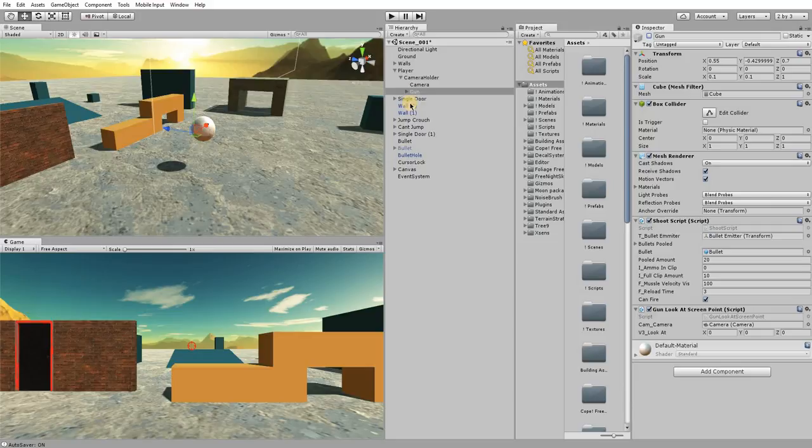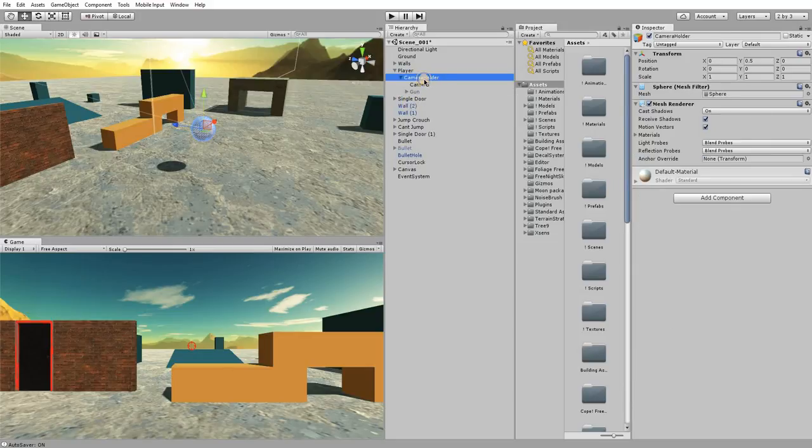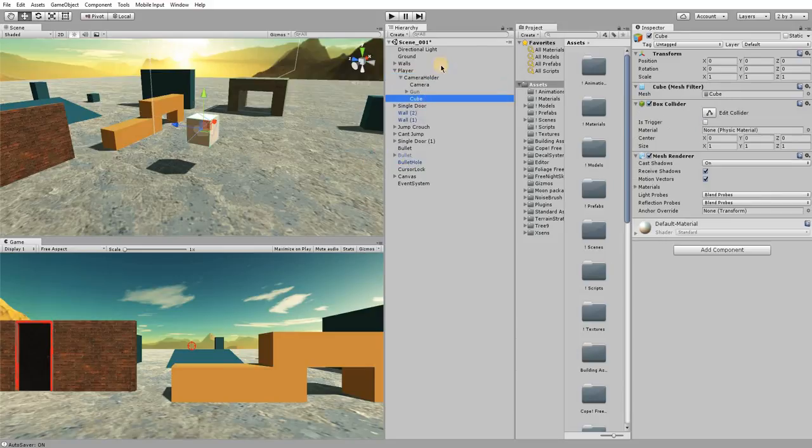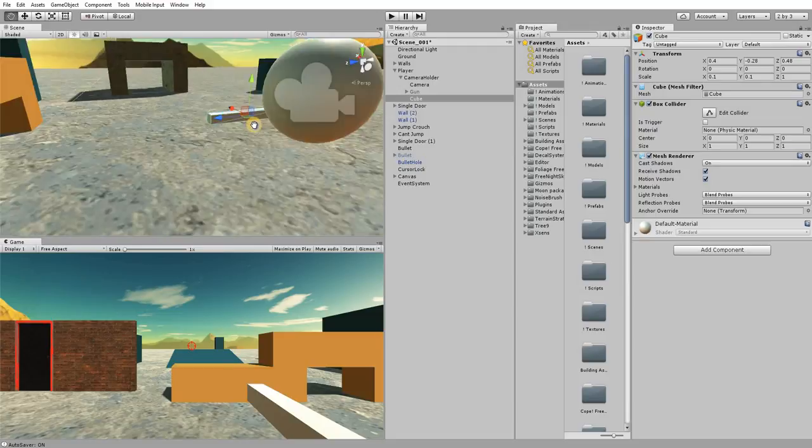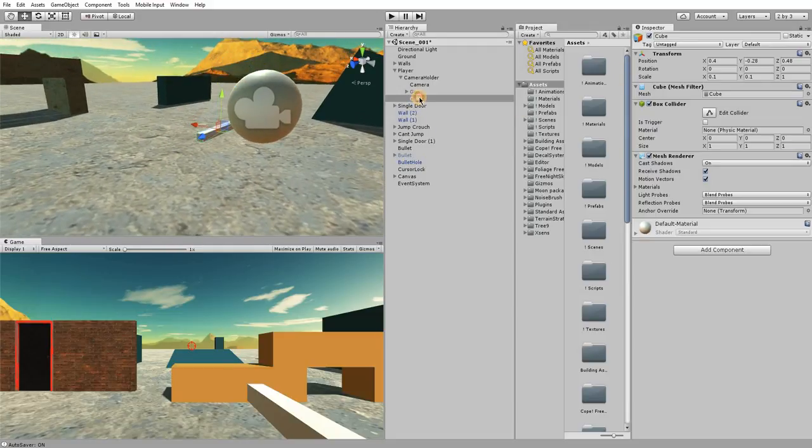Let's do the gun that I had, and I will create a new cube that's a child of the camera holder, and I will rescale this so it's 0.1 and 0. Just have to move it. So wherever makes sense for you, just leave it there for the moment. It's okay. And I will call this gun,